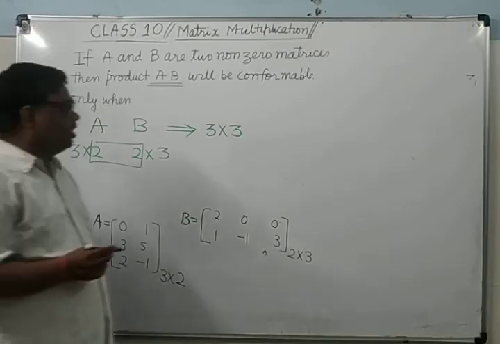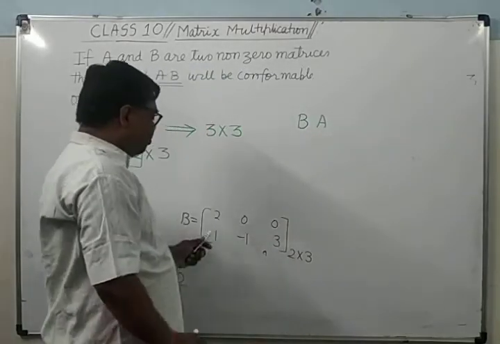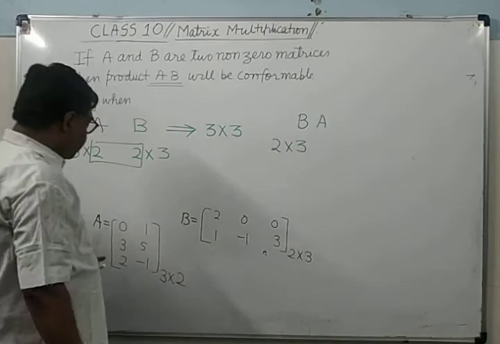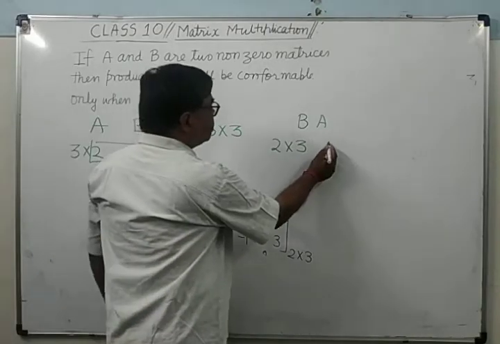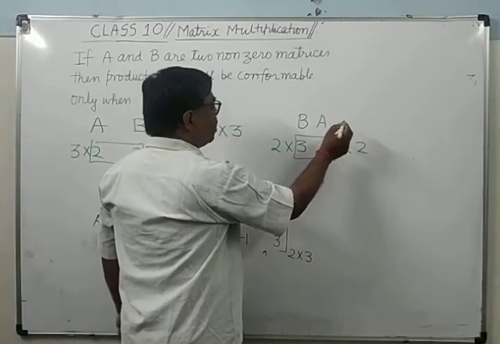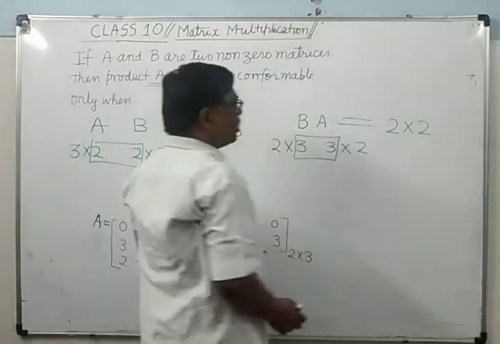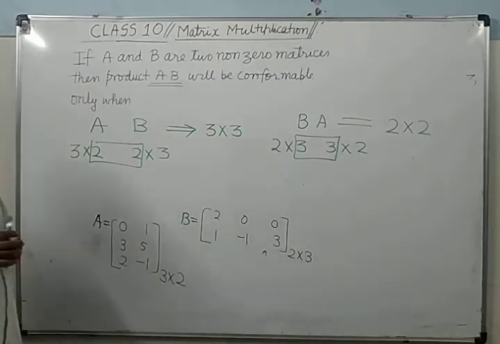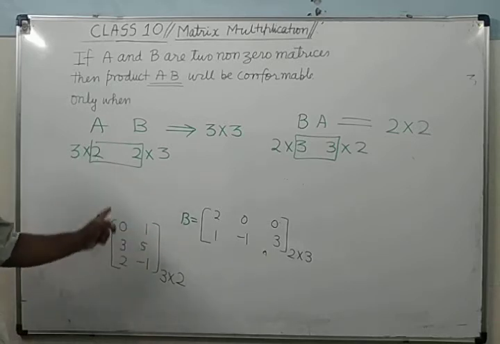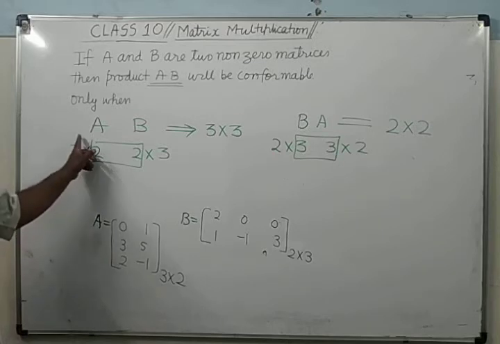Now you check BA. What is the order of B? 2 cross 3. What is the order of A? 3 cross 2. This is also the same, therefore this will also be possible. What is the order of the result matrix? 2 cross 2. So you can see here product AB as well as product BA both are possible, but